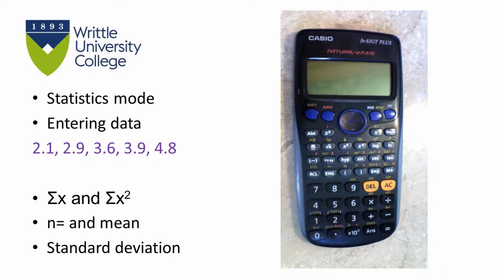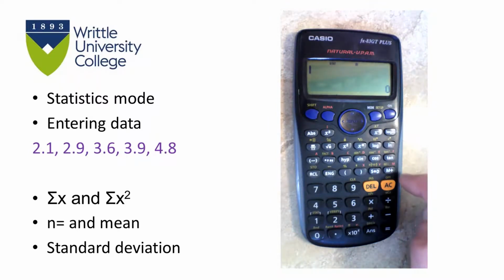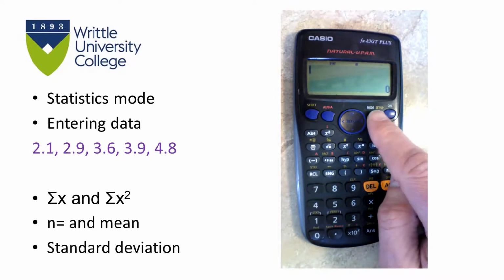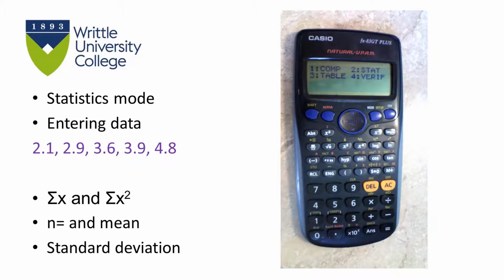But before we do that, we've got to turn the calculator on and enter statistics mode. So on this calculator, on is in the top right hand corner. We turn it on, and to get in statistics mode, we have a mode button here, so we just click the mode button, and then we have a choice of 4, and the second one, stat, is what we're after. So when we press 2 stat, we get another fairly complicated menu,